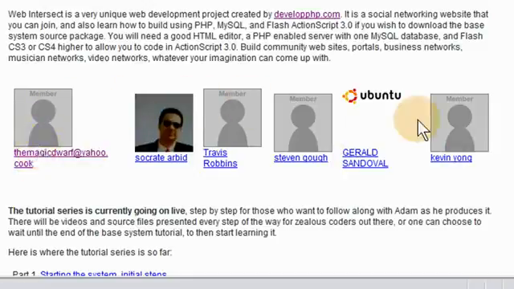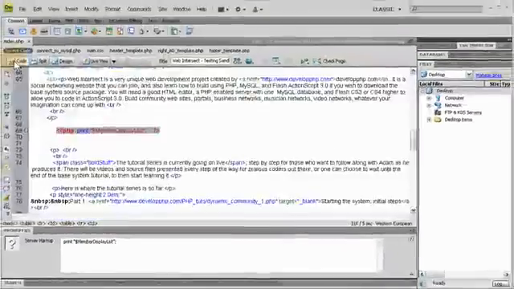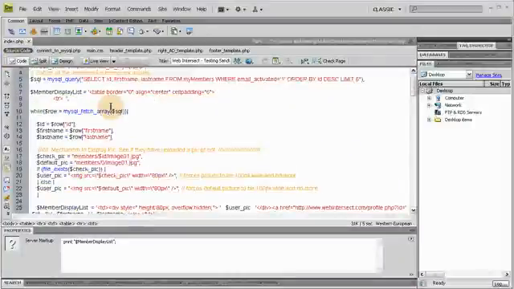You see where people have joined the site, if their names are too large or too long, then it messes up the format there. Everything's all lopsided and jumbled up, and that's not cool. So what we're going to do is go into the index file that renders that data, go into the code view,